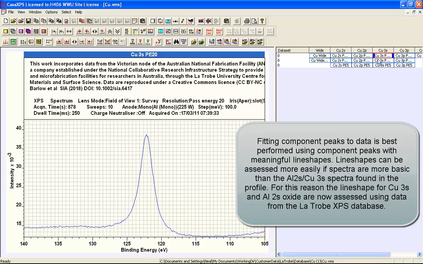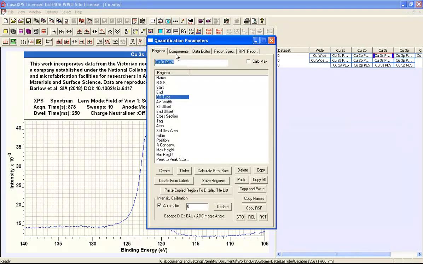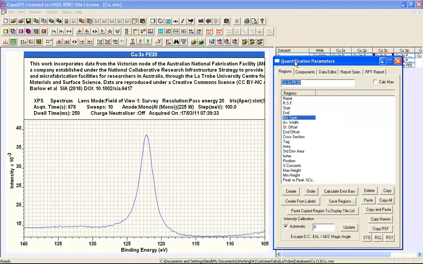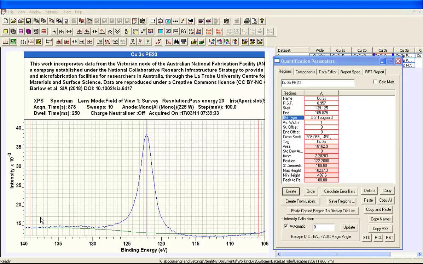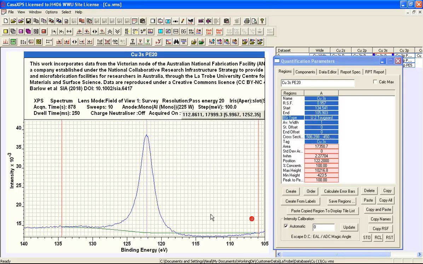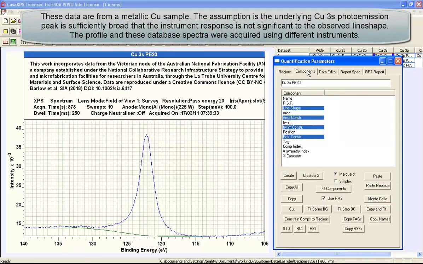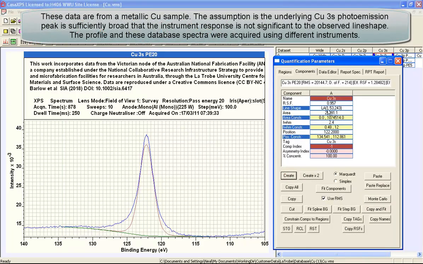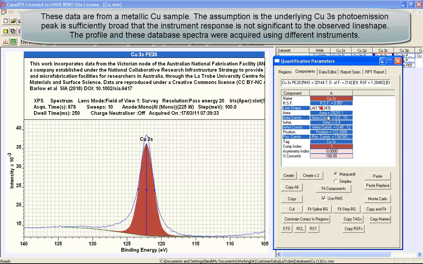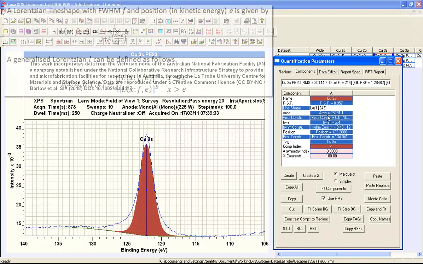So it's very useful to have data such as these that are from the Latrobe database that include a copper 3s as part of the data set, and we can see from these data that the line shape that appears as a consequence of the copper 3s is very Lorentzian. And we can get an idea of what this might look like if we introduce a line shape that is very Lorentzian, an LA